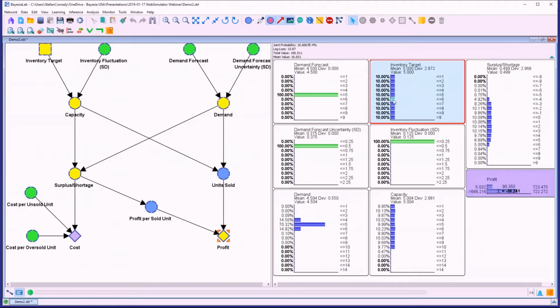I can try that out. And indeed, with an inventory level of 6, I have an overall utility of 107, as opposed to if I were to go with 5. You can see here now, this is a little bit small probably on the screen. And I'm just realizing that